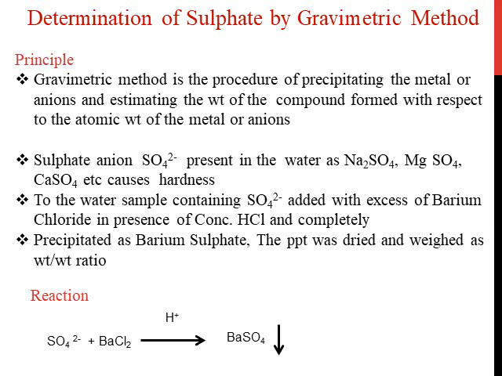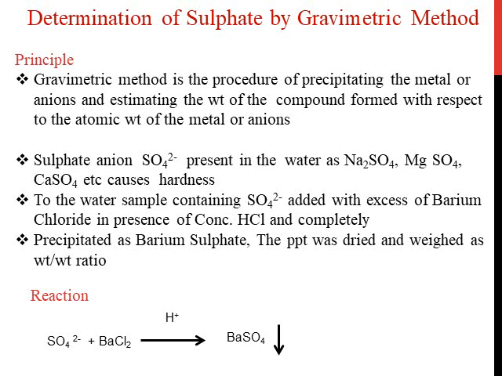Now what is meant by the principle of the gravimetric method? The gravimetric method is the procedure of precipitating the metal or anions and estimating the weight of the compound formed with respect to the atomic weight of the metal or anions. So you convert either the metal or the anions into a compound, and from the weight of the obtained compound you calculate back the weight of the metal which is present